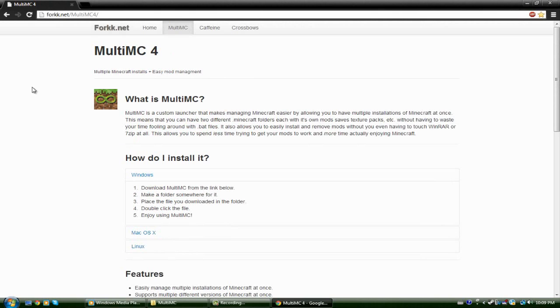Now, much of this guide is going to be in annotations, so I'll put annotations on the screen to take you to the parts that you know about, or that you need to know about. If you already know parts about this mod, you can skip through it using those. If you're completely new to this mod, or have never heard of it at all, then you may as well